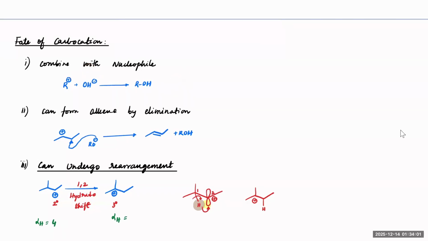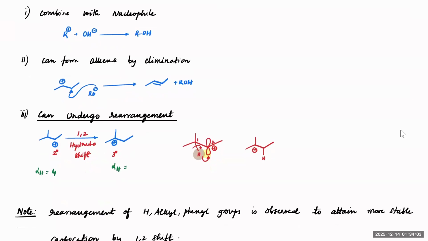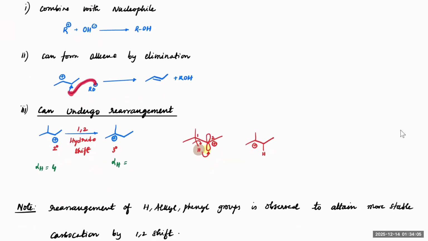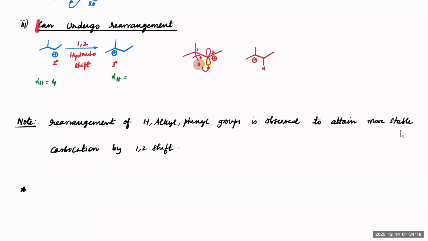neutral molecule. That is one way. The other thing is a base can come and extract a proton from here that helps in creating a double bond. This is mainly the fate of carbocations. Next, we also learned that carbocation undergoes a particular movement of the positive charges, which we call